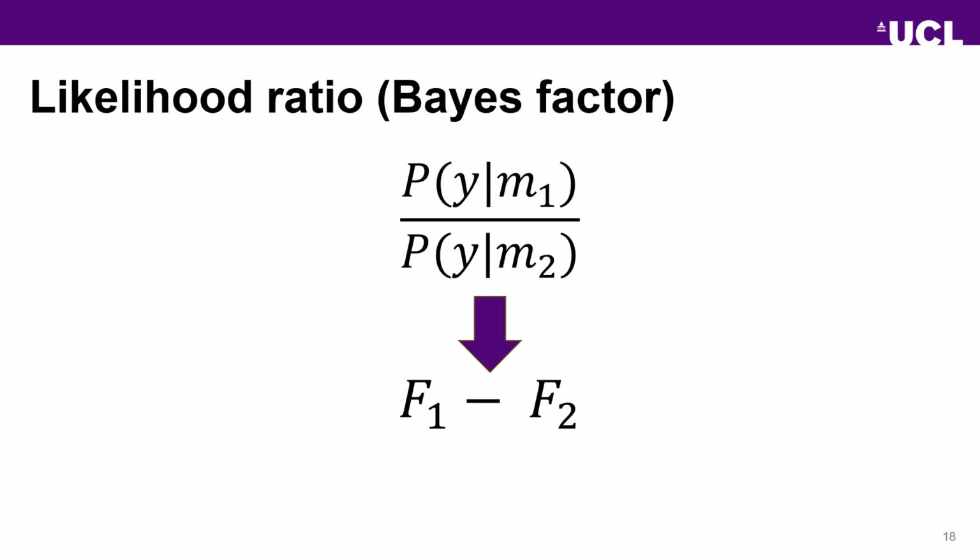As a result of this, we can make a likelihood ratio. So if we have model 1 and model 2, and we have our results and our free energy, this is our model evidence, and if we take the log of this, we get our free energy, and we take the logs and divide, it becomes a subtraction. So our Bayes factor is computed by the free energy score of model 1 minus the free energy score of model 2.